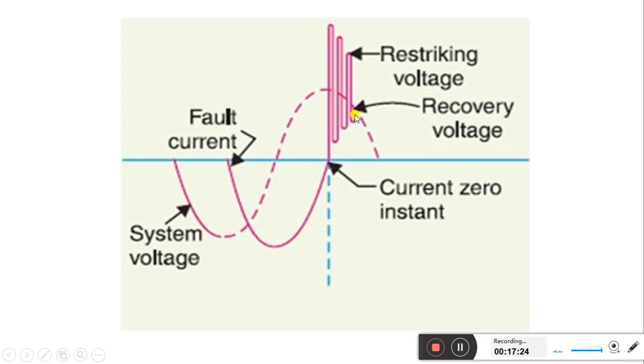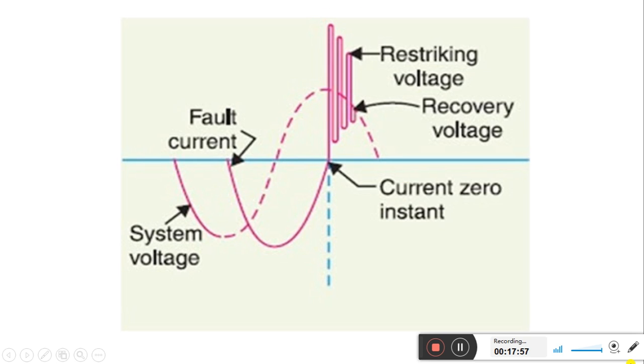across the circuit breaker? It's only because our power system network consists of inductance and capacitance elements, and they are nothing but energy storing devices. So in the case of an inductor, if we have a sudden change of the current, there will be an energy developed across the inductor.